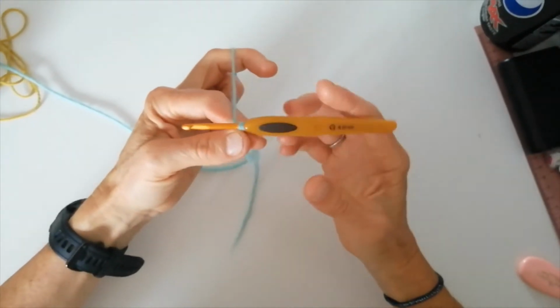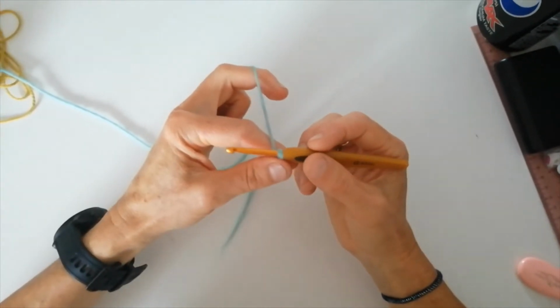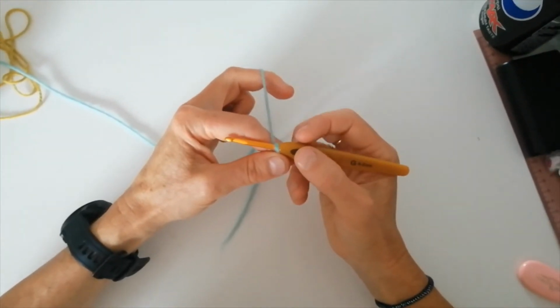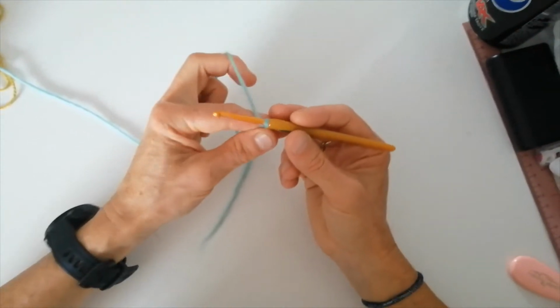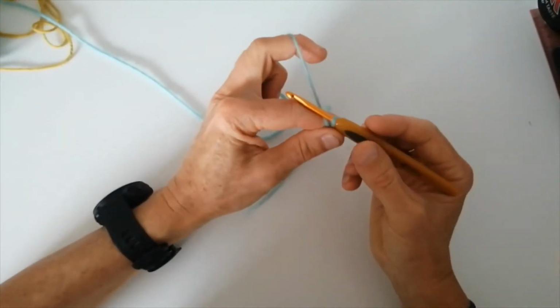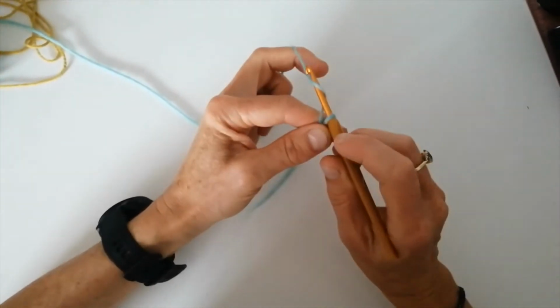That's just to stop the yarn running through, because if I wasn't locking it, well, knitters, if they're accomplished, tend to just flick the yarn over the hook with their finger like they're knitting. It really doesn't matter, but if you're just starting out, this is how I learned, this is how I do it. So then to create your first chain, you take the hook from left to right under the yarn,